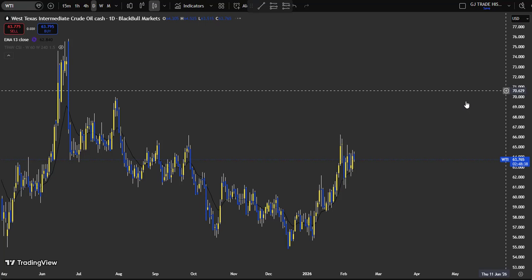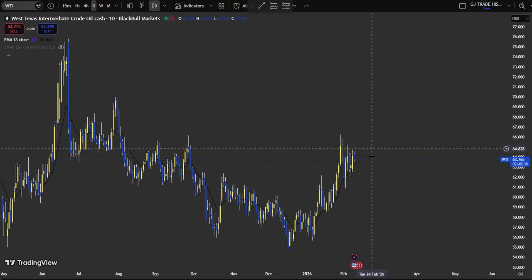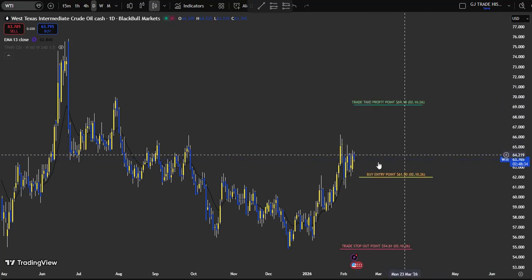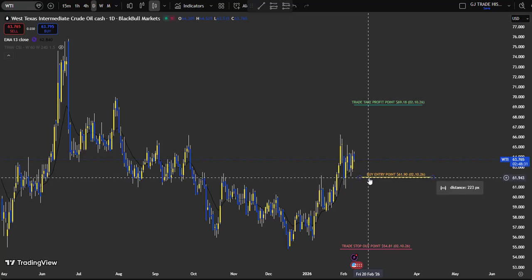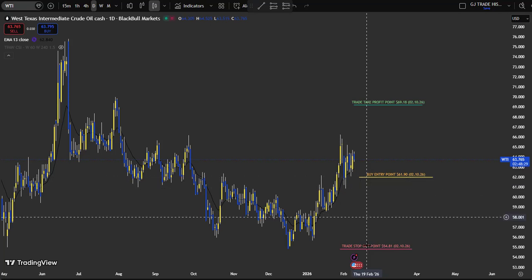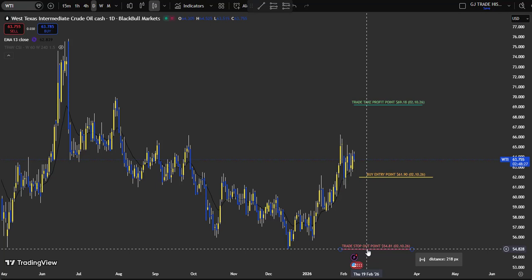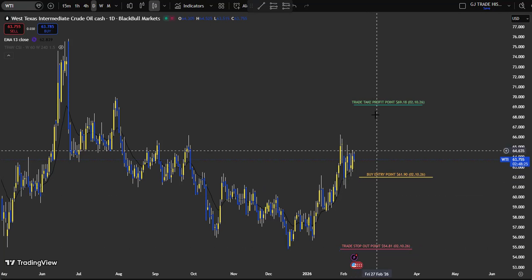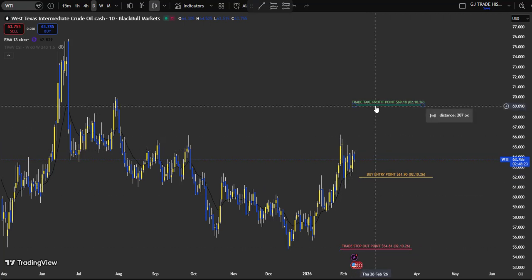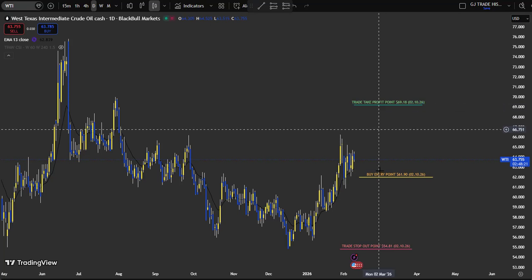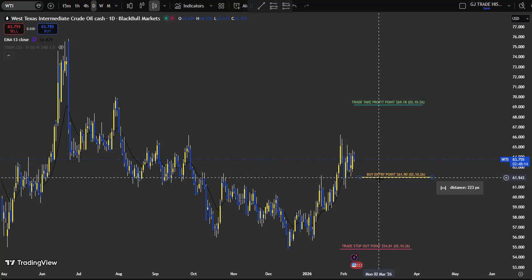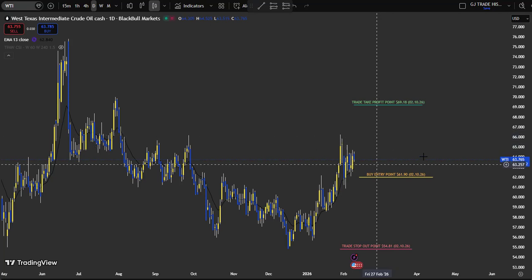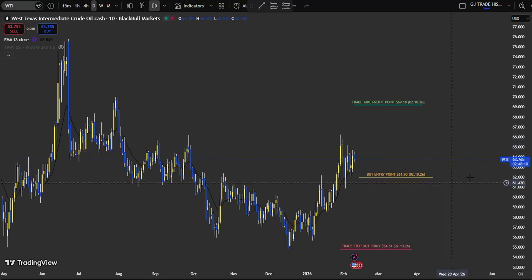All right, WTI crude. So now we have the price has broken higher. We're going to set a buy hypothesis and set an entry point of 61.90, and then have price close out the trade at 54.81 if price gets back down here, and then have a short term take profit of 69.18 off of this trade. So if this gets initiated with price coming back to this area, then we buy in and look to see what we could catch